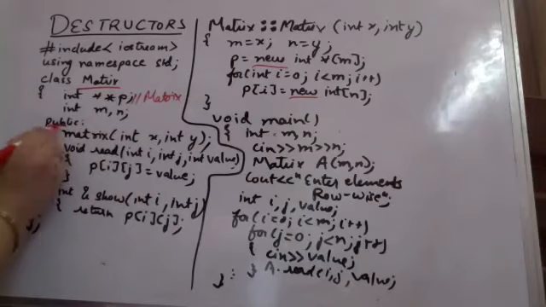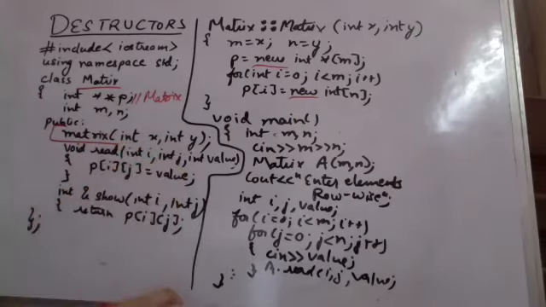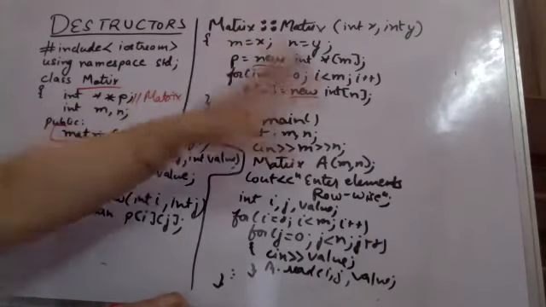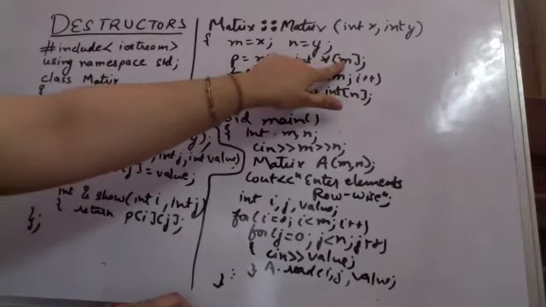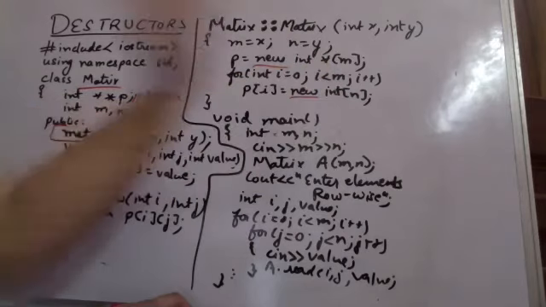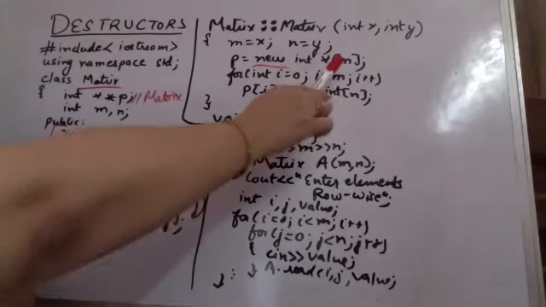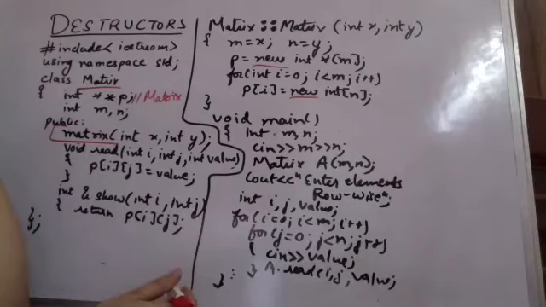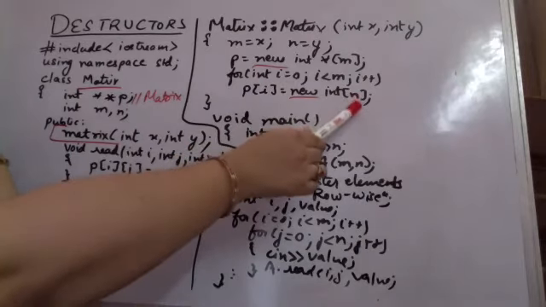So what is the constructor going to do? The constructor is going to read the values of dimensions. It is going to put x in m, y in n. Then it is creating an array of m memory spaces, which is going to be all of type pointers. Please understand, I am creating new spaces. I am creating arrays, but that array is all having pointer values stored in it. What pointer values will be stored in it? Now for every value, I am creating an array of size n, which is the column size.